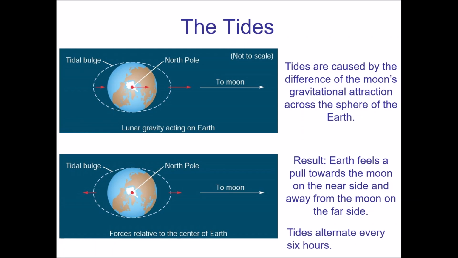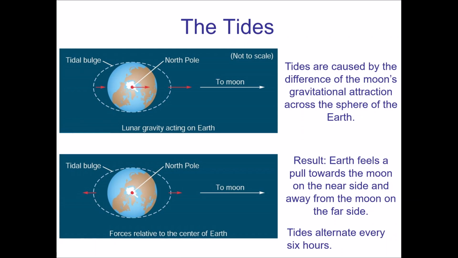Now, the tides, because of Earth's rotation, are going to alternate every 6 hours. As you see in the picture at the bottom here, we see that the Pacific Ocean next to the Americas is experiencing a high tide now, and it looks like the Indian Ocean on the other side is experiencing a high tide. So the ocean levels are going to be a little bit higher over there. As a result of that, it's going to recede from where we can see where the South Pacific Ocean is and the Atlantic Ocean is.